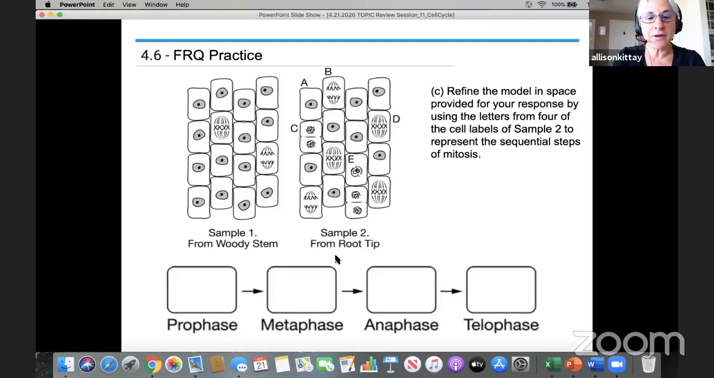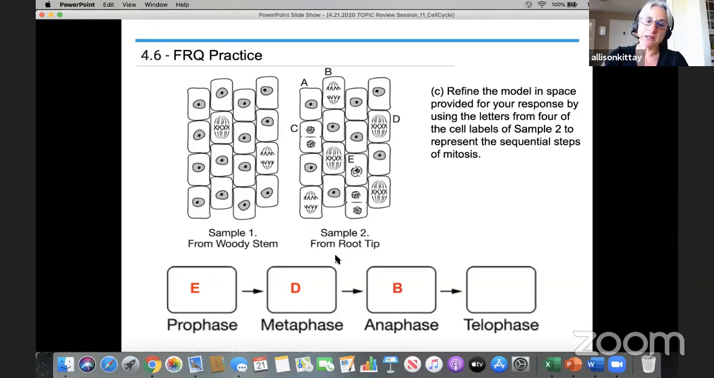So think about prophase. In prophase, the chromosomes are condensing. So notice that you've got cell A, cell B, cell C, cell D, and cell E. Which one looks like prophase to you? So hopefully you recognize that it's E. Metaphase, remember that chromosomes line up in the middle of the cell. That looks like D. In anaphase, the chromosomes are pulled apart to opposite sides of the cell, and that looks like